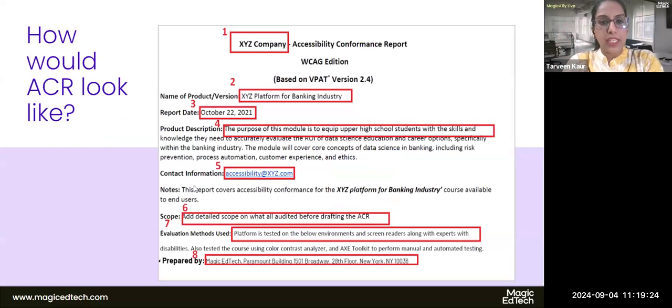Moving on to the next slide. How would an ACR look like? ACR is a filled VPAT template. As you see now, we have updated the information. The first highlighted box is name of the company, accessibility conformance report, product information, date, product description. Then you have the email address, then your scope, evaluation method, and ensure to add information of who prepared your